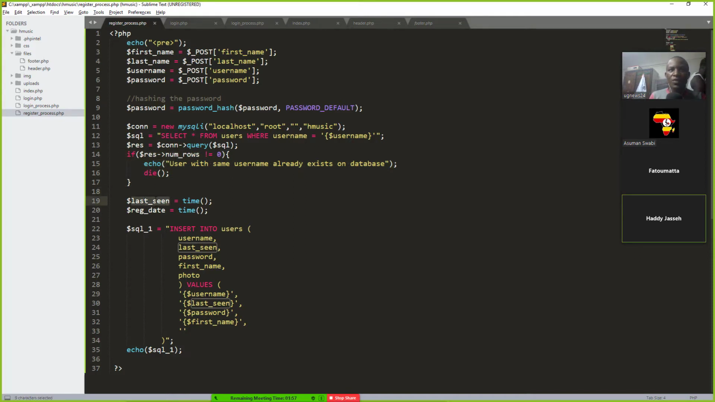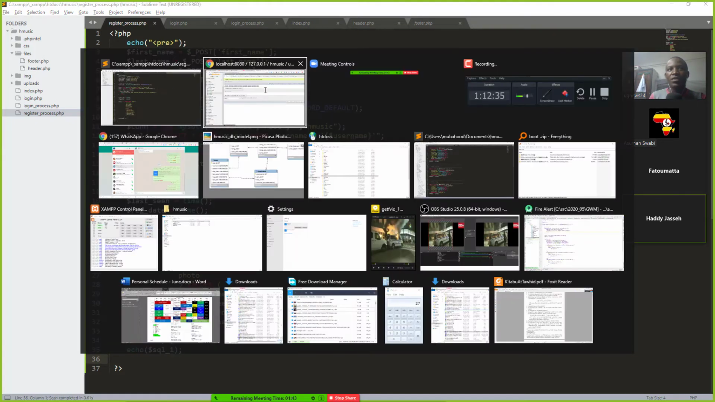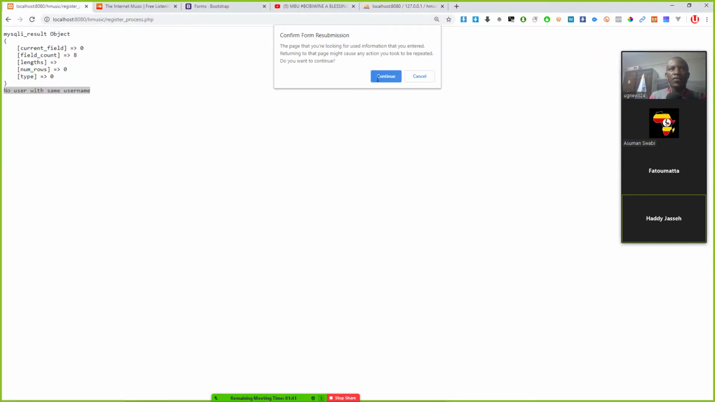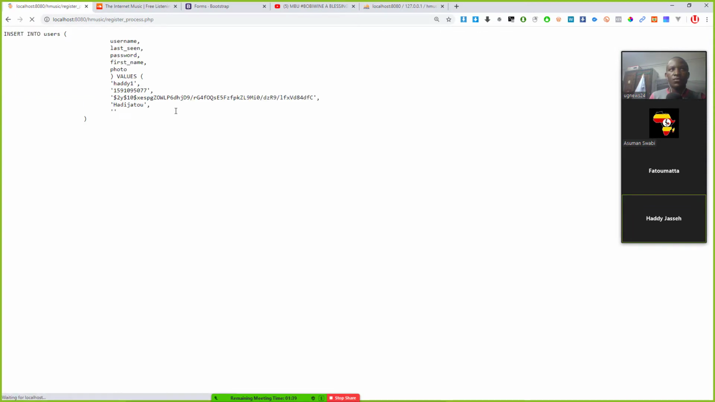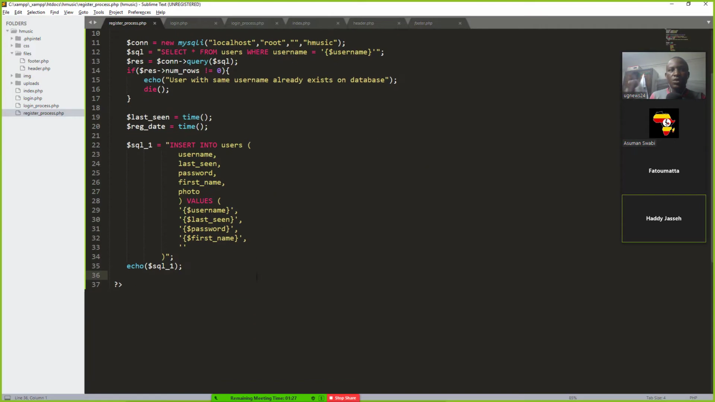Then I go ahead and get the last scene of this user. I go ahead, create the registration time, and then write the SQL for all this. Then I try to echo it first before I run it. So if I execute it, everything is perfect. Inserting 2 users in this, and everything is really okay. Okay, so what I'm remaining with is to do what? To execute it. So I'll put if what? If